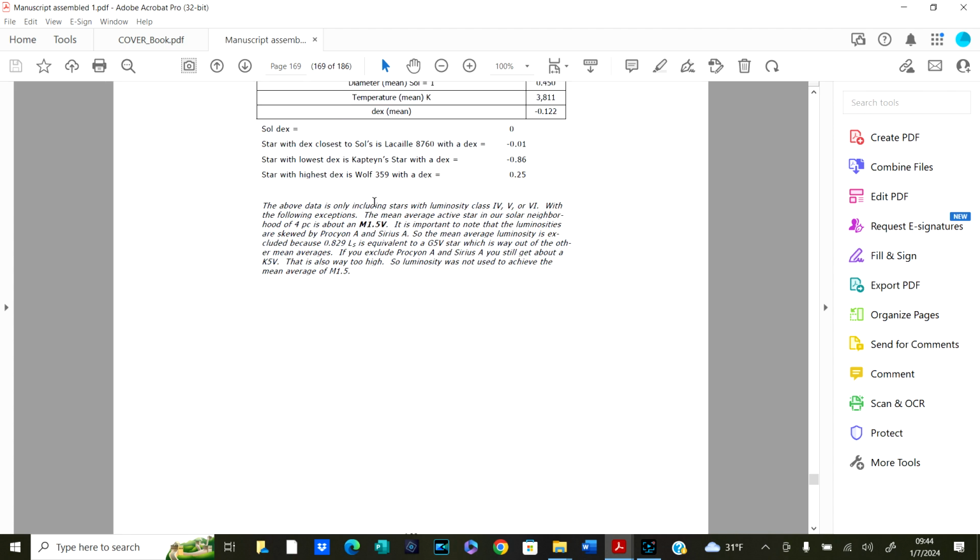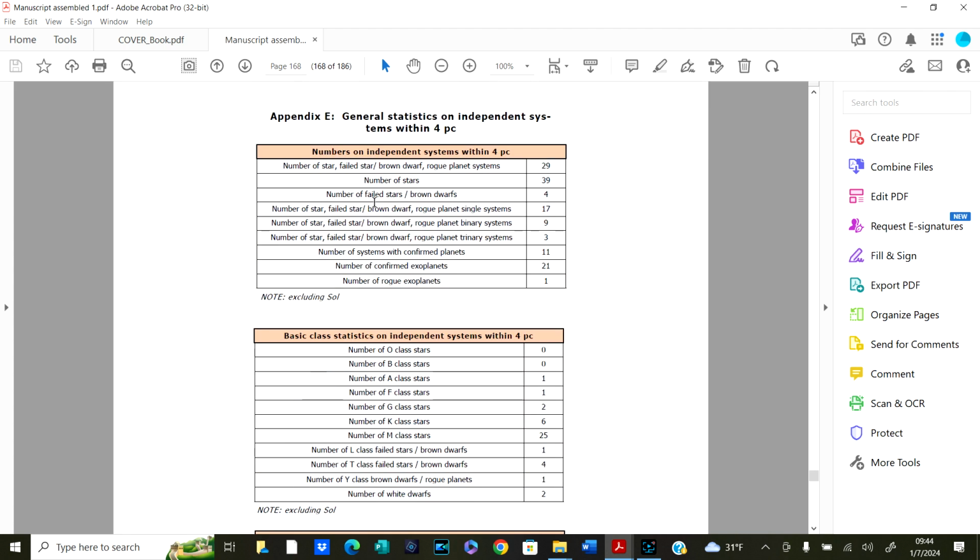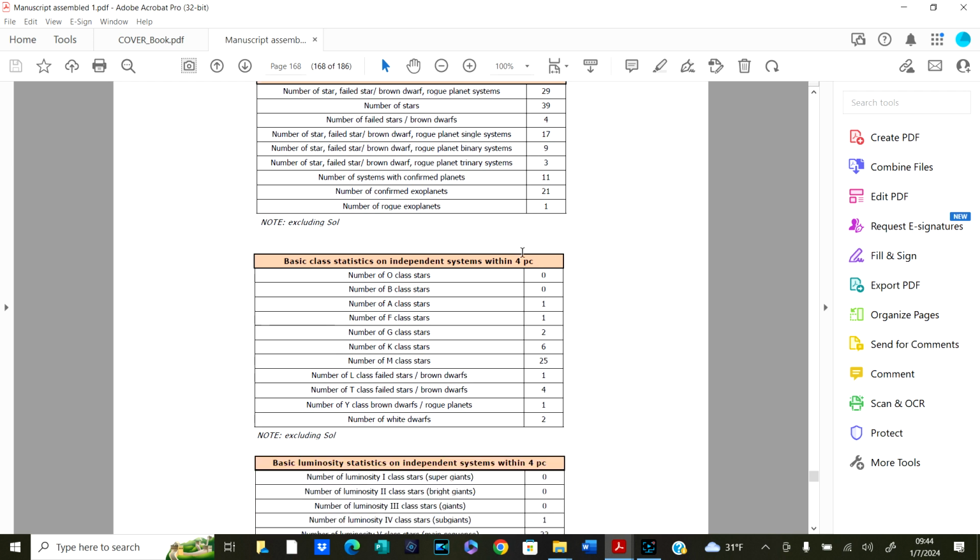Now this, like I said, is statistics. Oh yeah, notice I say independent systems. I don't say stars within, because a lot of these are, see, 2939. This gives you those rogue exoplanets. That's that